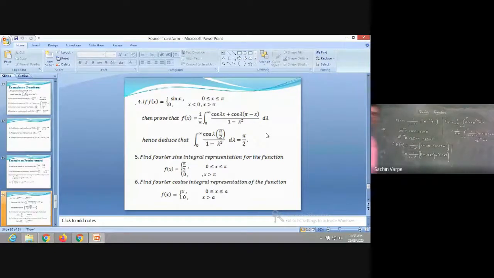Now you can check, there is no exponential term in the prove that part. But we have it here in our calculations. So how to merge that? How to make use of that exponential term? Yes, of course, with the help of Euler's formula. I know the formula of e raised to i theta. I'm writing here. Since e to the power i lambda x is what? Cos of lambda x plus i sin lambda x, right? e raised to i theta.